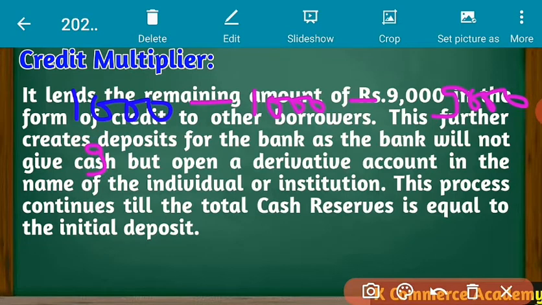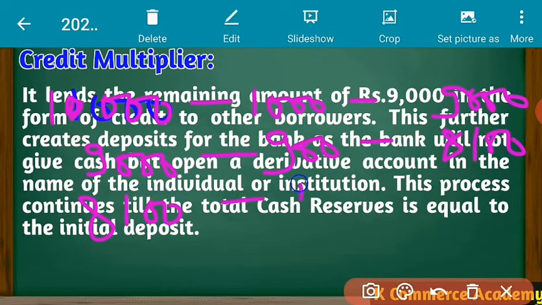Of this 10,000 total deposit, 1,000 will be kept as reserve, and 9,000 will be given as loan. Of this 9,000, 900 will be kept as reserve, and 8,100 will be given as loan. Of this 8,100, 810 will be kept as reserve, and the remaining amount will be given as loan. And this process will continue till